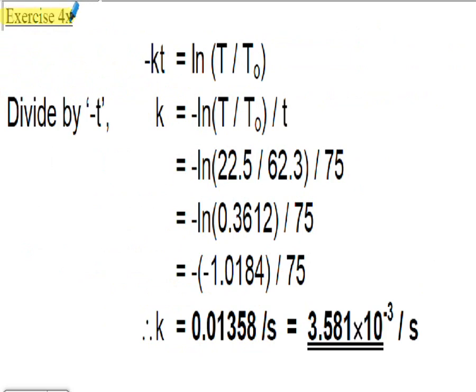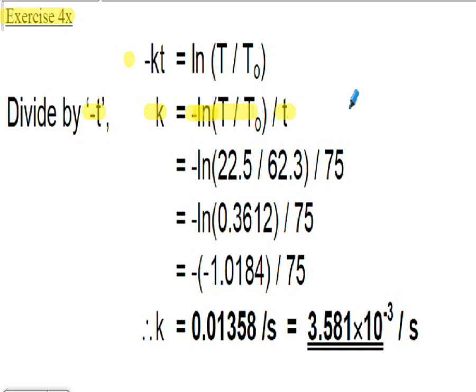Exercise 4x continued. I just repeated this top line for convenience from the previous slide. Now I'm going to rearrange the equation to make k the subject. To do that I divide both sides by minus t. Divide the left hand side by minus t and I get k. Divide the right hand side by minus t, I get minus ln of T divided by T0, all divided by